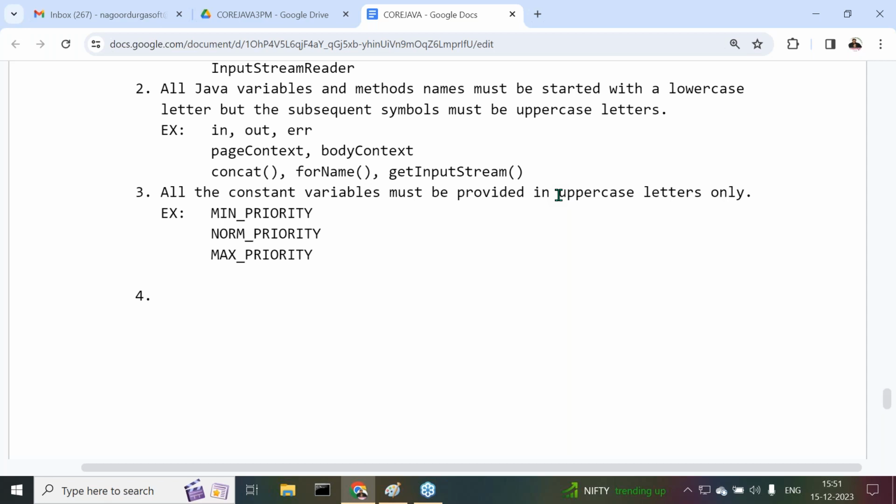Next one is, all Java package names must be provided in lowercase letters. All Java package names must be provided in their lowercase letters. What exactly are the lowercase letters here? If you have this, for example,